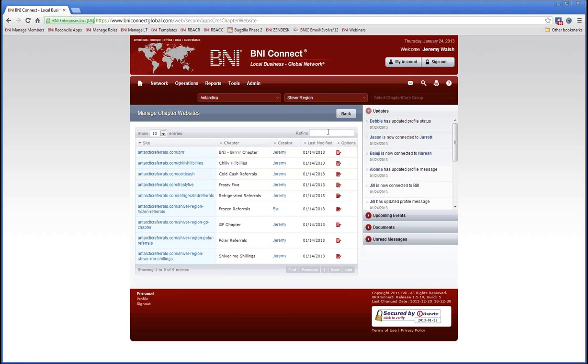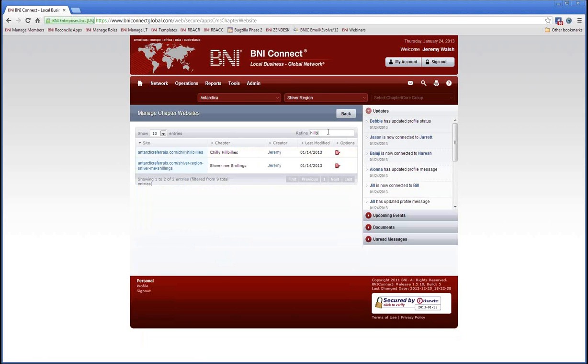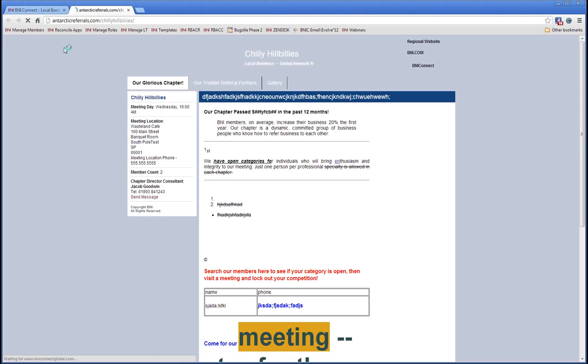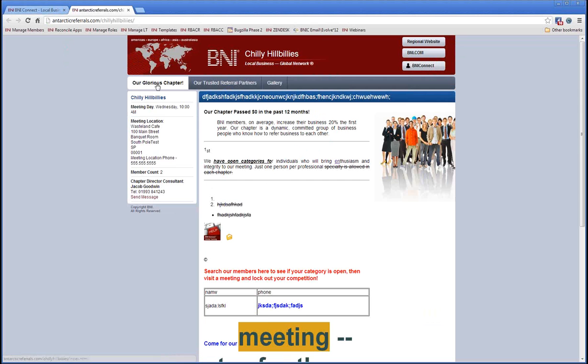If you're the chapter webmaster for one chapter, then you would only see one thing listed in here. So it would look something like, let me just do a quick filter here. You may only see this one chapter listed. Now, it'll show you the link to the website, and if you click on this, it'll open it up in a new window, and it'll bring us right to that chapter page. Now, you can see I've used this one for testing before, so it's all